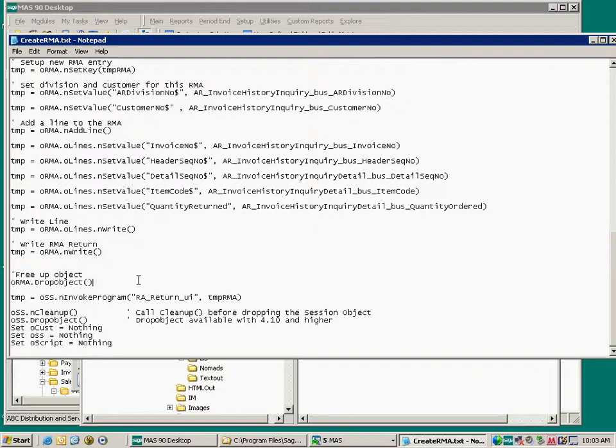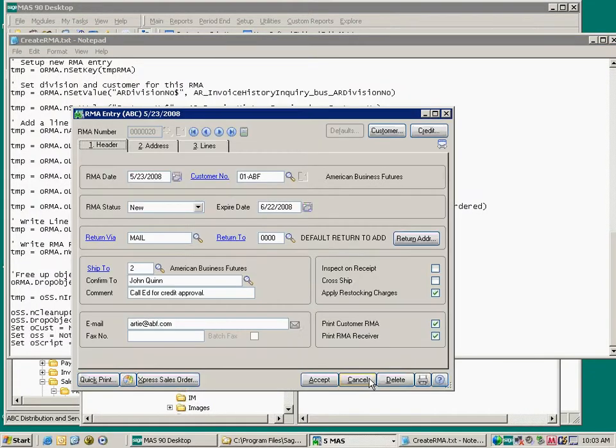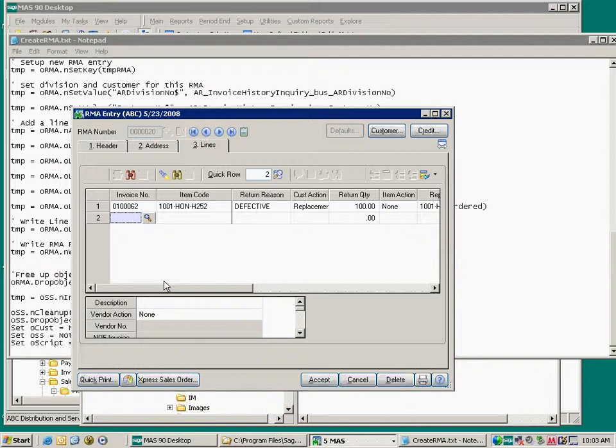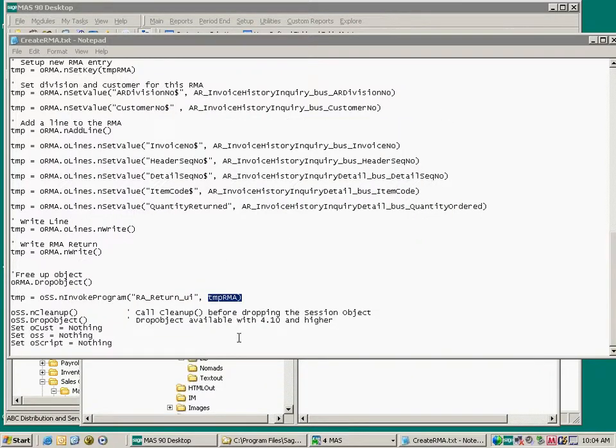And then I could have been done with it just at that point, and say I've created it and just leave it there. But instead I wanted to go ahead and bring up the user interface. So I use the InvokeProgram method of the session object to bring up RA return UI, passing in the RMA number that I just created. And that's how I get it to bring up this form already populated. So the first part, where I wrote the header, did that all without a user interface, and then the second. So I just want to give you an idea of some of the things that you could do with the business object interface to improve workflow,